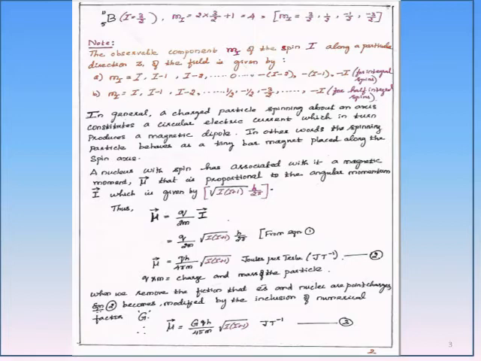Now when we remove the fiction that electrons and nuclei are point charges, according to quantum theory, equation 2 gets modified by the inclusion of a numerical factor called g. So a g factor is included in the above expression, that is, the second expression. Then we get mu vector equal to capital G qh divided by 4 pi m times square root of I into I plus 1 joules per Tesla.